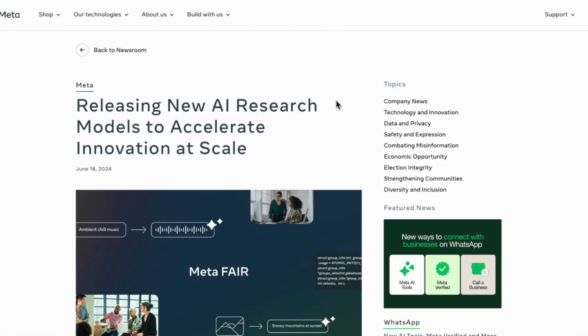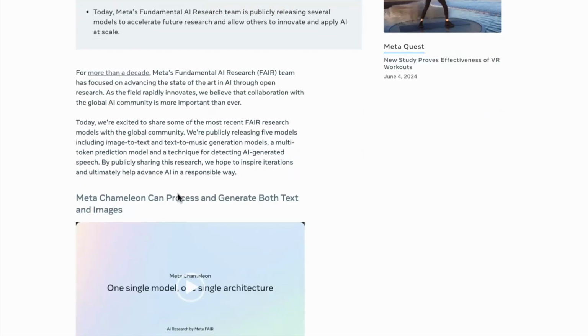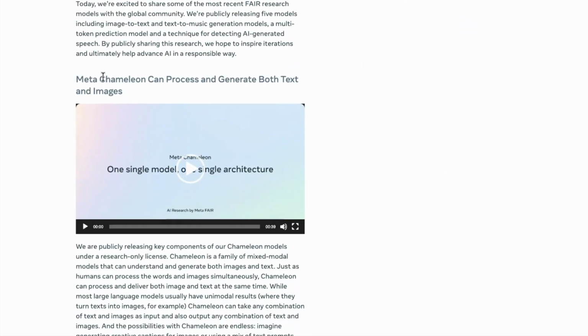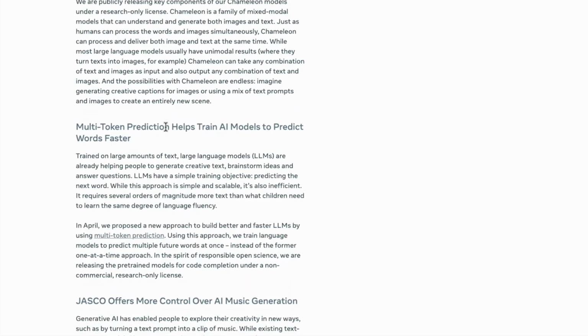Next up, we have this release from Meta AI. They're always releasing cool stuff. And the reason why I really follow their work is because they're innovating on open source science, and they are releasing a set of models. So this is going to be Meta FAIR, and they're releasing a bunch of models like Chameleon. We actually featured Chameleon in a previous episode of the LLM news, and they're going to make it easier for people to access it, like researchers, to better understand these vision models, these multi-modal systems,